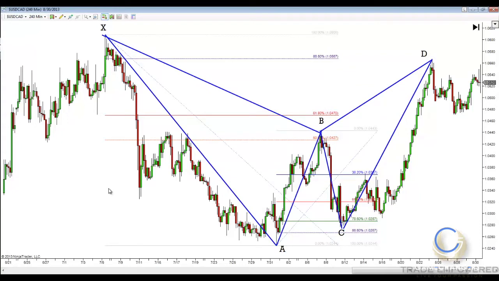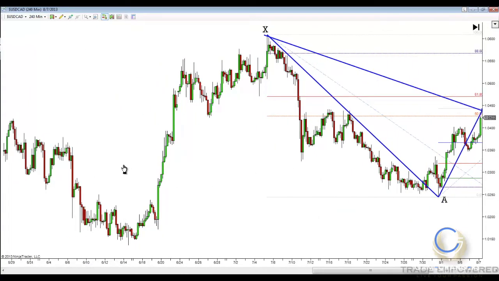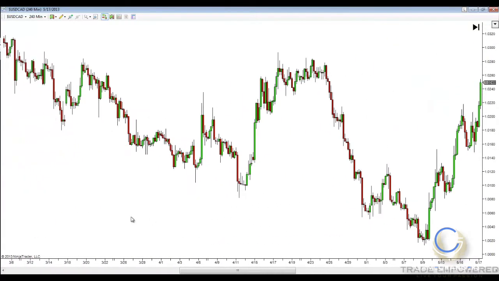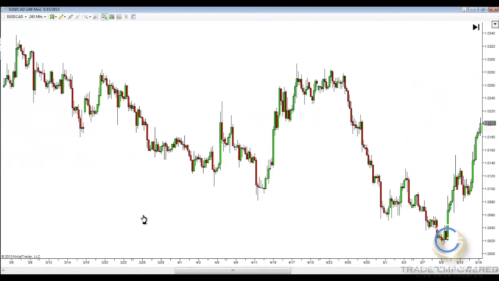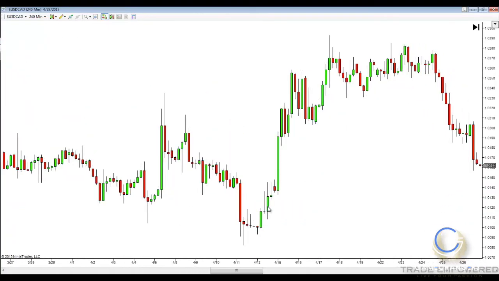Now let me just see if I can find a bullish one for you, just to give you an idea of what that looks like. We found a lot of bearish ones. And this may take me a while. We actually may have one in here. It looks like a busted one, but